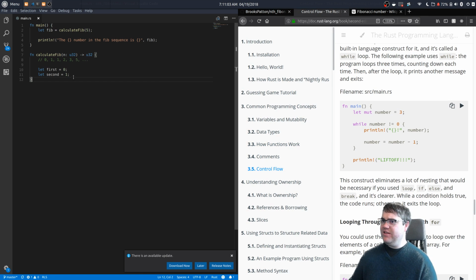I don't think I've really experimented with it, but let's say I want to do while n is greater than 0. So I might count down from this, and as soon as we reach 0, we know we've been adding these together, and so we don't have to keep all of these and waste that memory space. So while n is greater than 0,